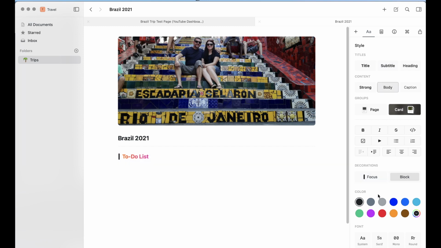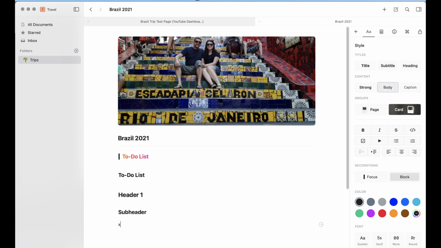So one nice thing about Craft is that it's very easy to use all the options you have over here, but they also support Markdown. For example, instead of clicking on subtitle here, what I could also do is just press the hashtag twice and I would have another subheader. And a few of my favorite markups are: one hashtag is a header 1. Oops. 2 hashtags is a subheader.